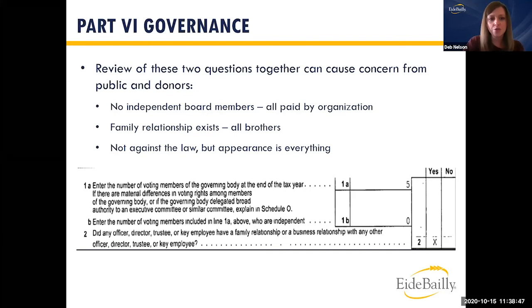And then question 2, where we're talking about, are there any family or business relationships amongst the board? We're saying yes. And in this case, all of the board members are actually brothers. So this isn't against the law, you can have this, but again, it goes back to the perception. How is this organization being effectively managed when we have no one that's considered independent on the board because of all of these relationships? I think it's really strong to be able to show a majority of your board as being independent. I think that's an expectation from regulators and the public these days.